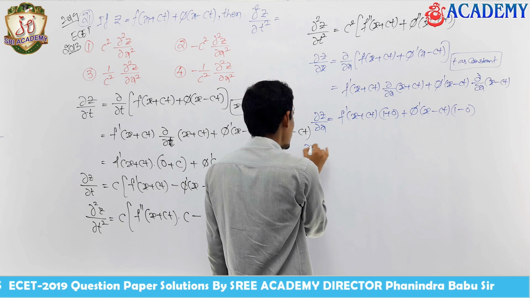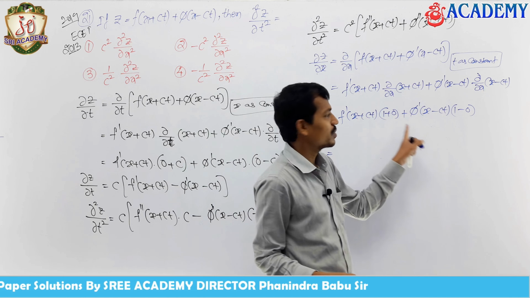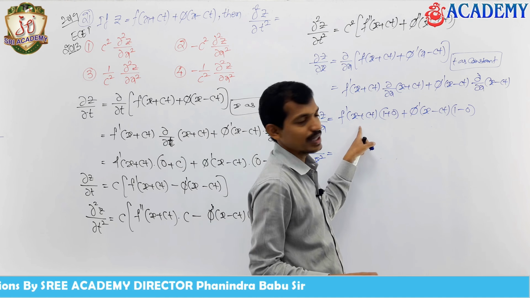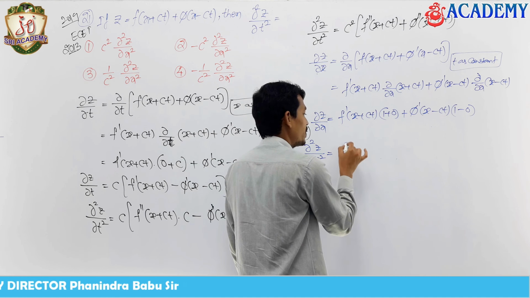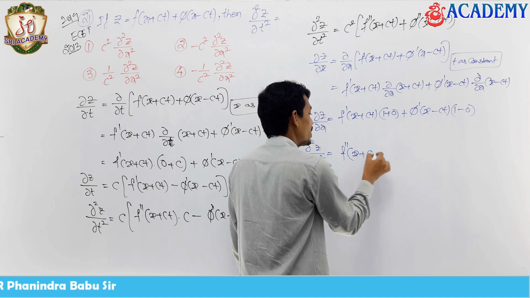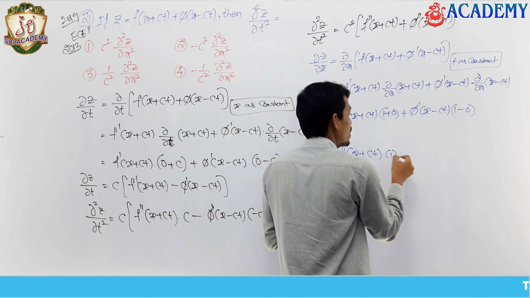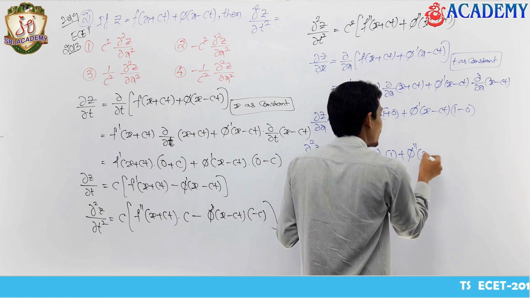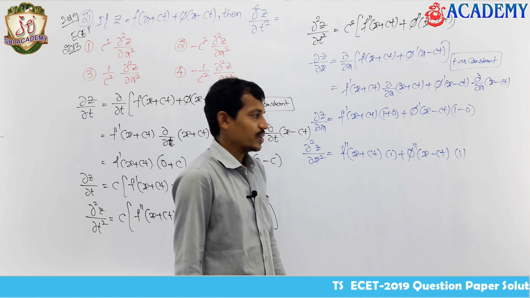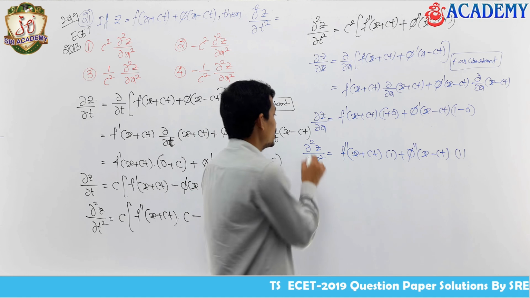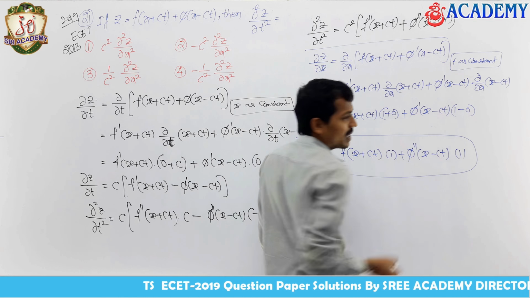I am writing dou square z by dou x square here. That is the partial derivative, 1 plus 0 is nothing but 1 into 1. This one is going to be the same thing. Now partial differentiation, the derivative of f dash is f double dash of x plus ct. Once again x plus ct with respect to x gives 1, plus pi double dash of x minus ct, once again with respect to x you are going to get 1. This is going to be dou square z by dou x square. This is going to be dou square z by dou t square.